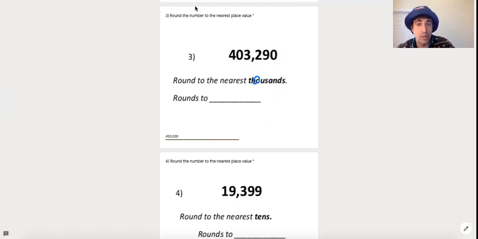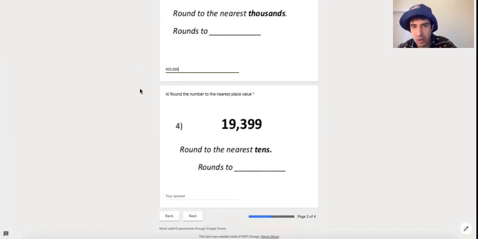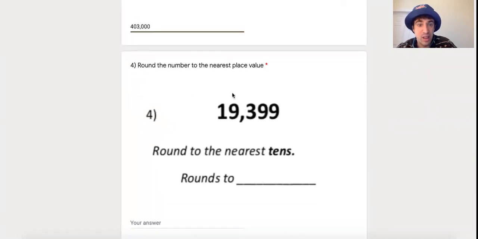And the last one is 19,399 rounded to the nearest tens. And this is by far the trickiest one. So if you got this one, you are a math genius. So looking at this one right here, I'm going to zoom in a little bit. For number 4, I'm rounding to the nearest tens. So I'm going to circle that 9 in the tens place. And I'm going to draw an arrow to my 9. I know that 9 is greater than 5, so I'm rounding up. I'm going to put a 1-digit right here. And then every digit